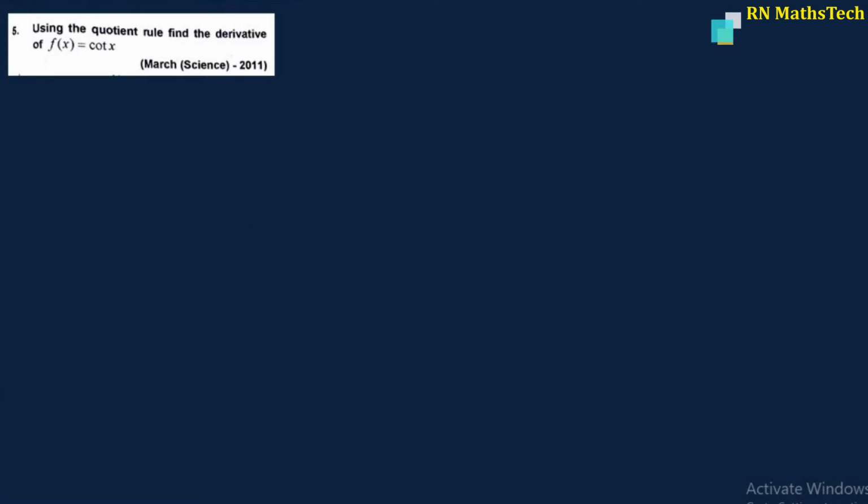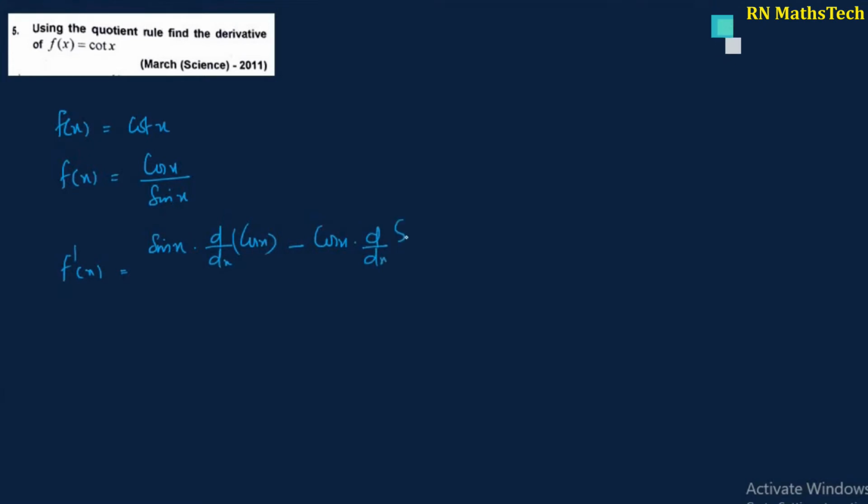Next one, using the quotient rule, find the derivative of f of x is equal to cot x. F of x is equal to cot x, that is f of x is equal to cos x by sin x. F dash x by quotient rule: denominator into derivative of the numerator minus numerator into derivative of the denominator, the whole divided by denominator square. Okay, that's equal to